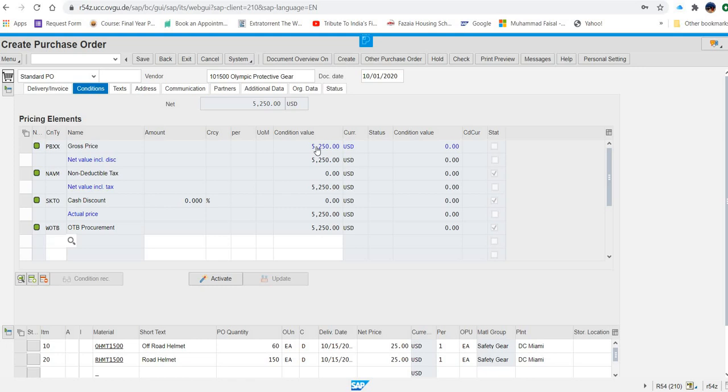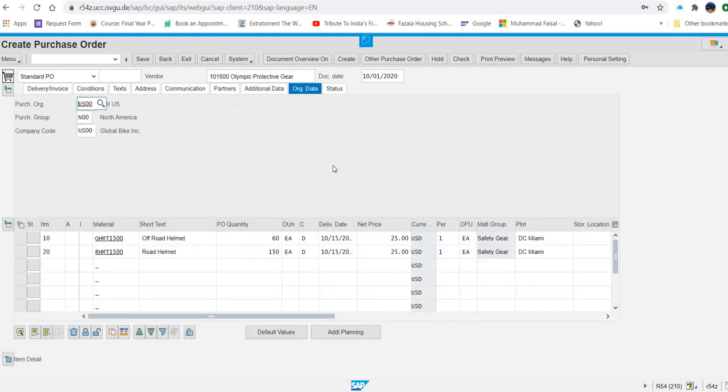They are asking you to compare the price 5250, and the other two prices are 1500 and 37,750. You can see this from here. Again, if you go to organizational data, it was just reviewing, nothing more than that. You require nothing more in this step.